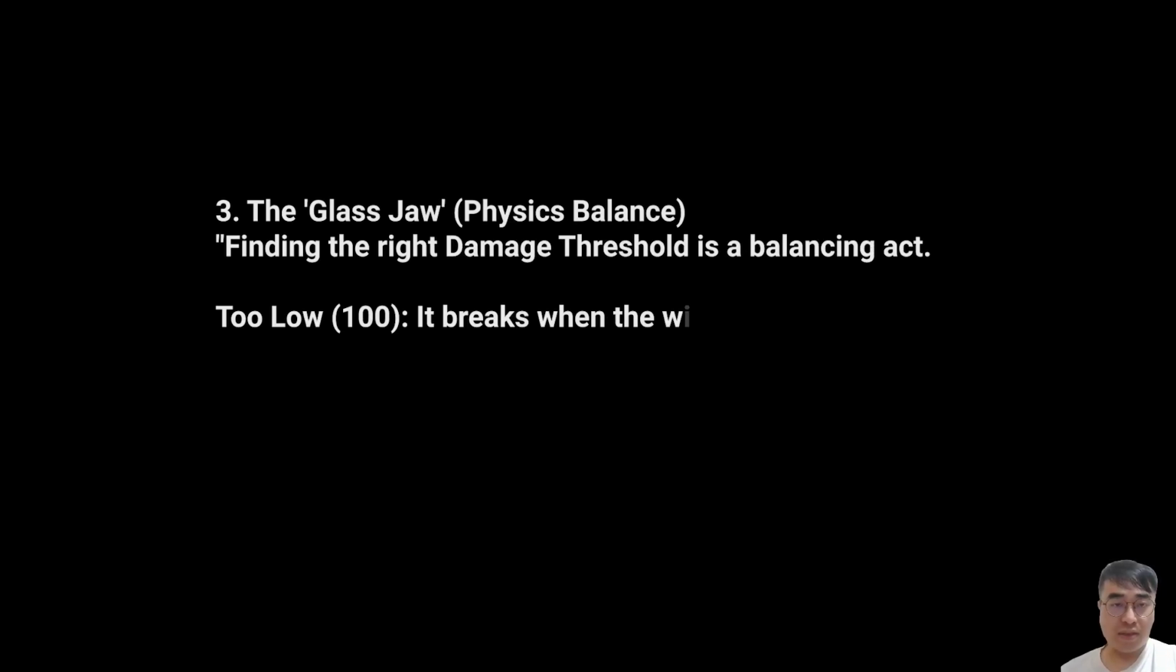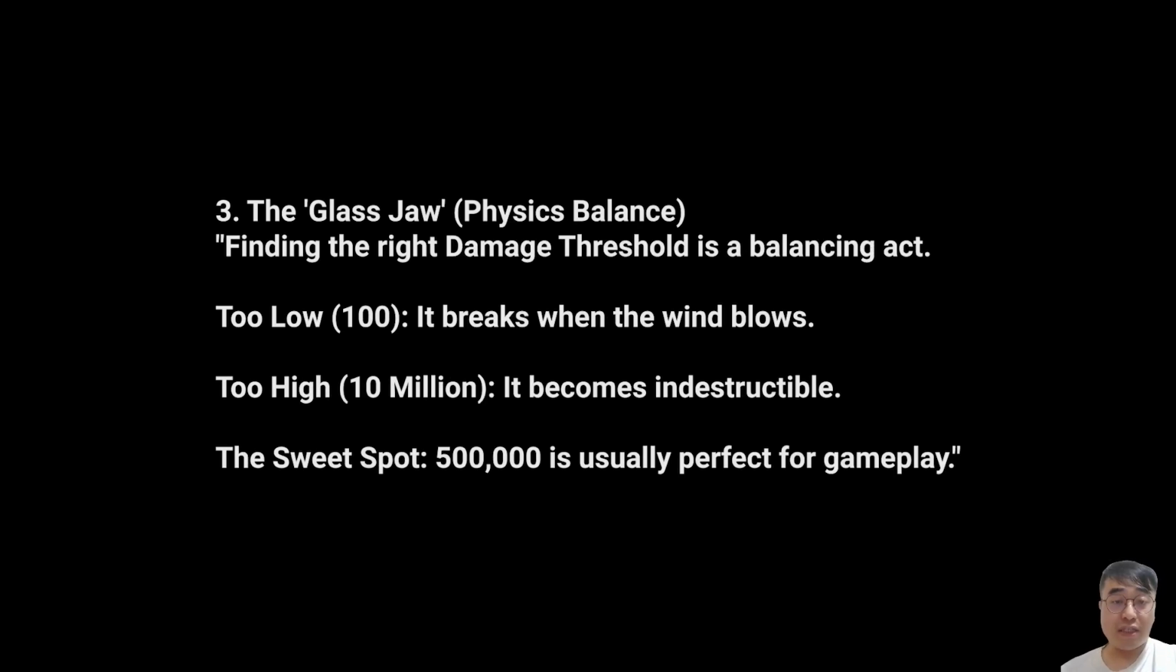The third thing is the glass jar. This is the physics balance of the threshold. The sweet spot around 500 is ideal. If you set the threshold too low, it will be easy to break from gravity or wind. If you set the threshold too high, likely around 10 million, it is indestructible. So remember this rule: your field magnitude must always be double the glass threshold. Like we have set 100,